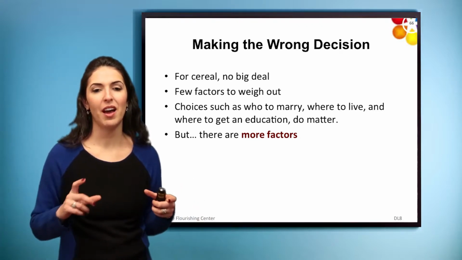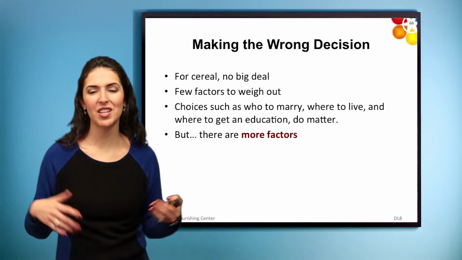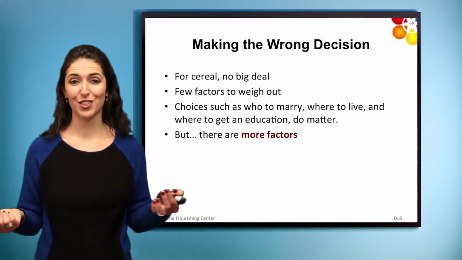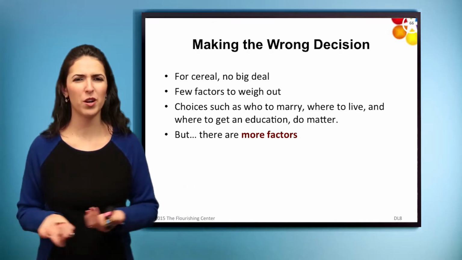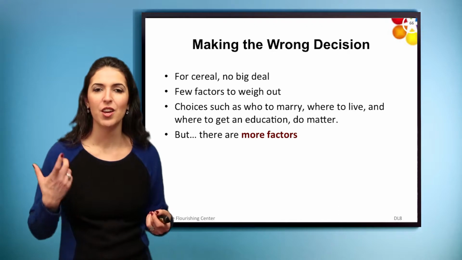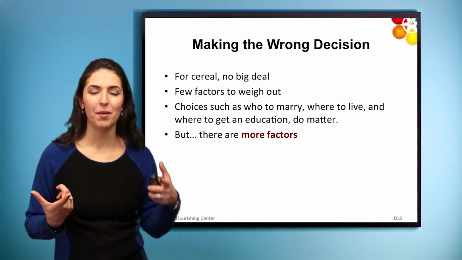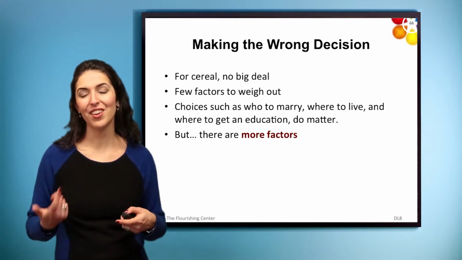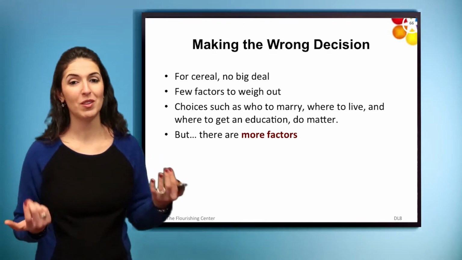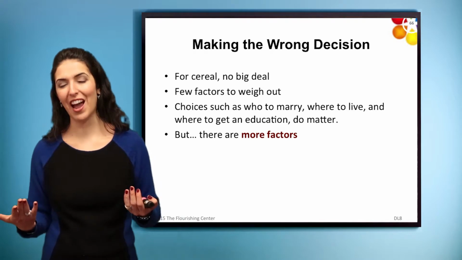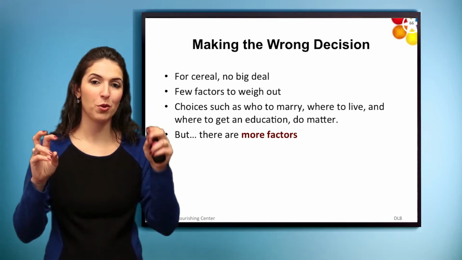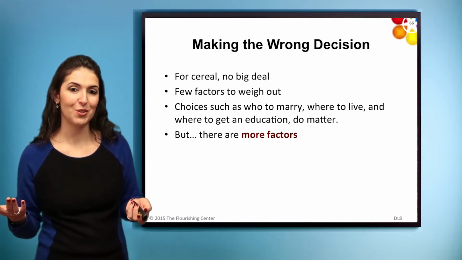The fewer factors you have to weigh, the less important the decision, the easier it is. However, when we have big decisions such as who should we marry, or where should we live, where should I move to, where should I get an education, choices that really do matter become more difficult for us, and they're often the ones that have many more factors. So making a decision about what cereal to get doesn't have as many factors that go in it. There's a much narrower band of things that are important to me, but the more options you have, the more